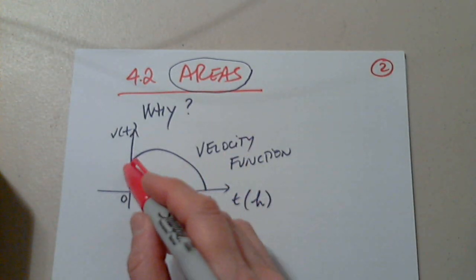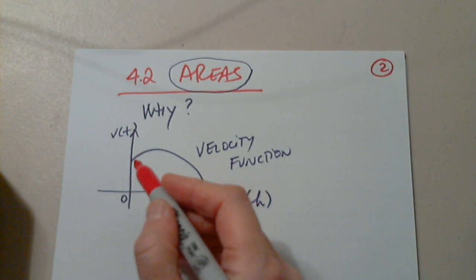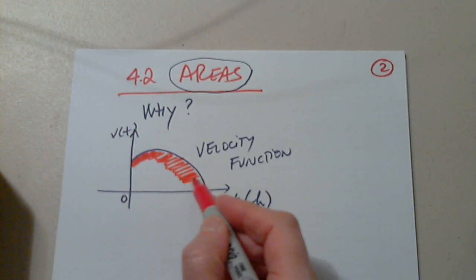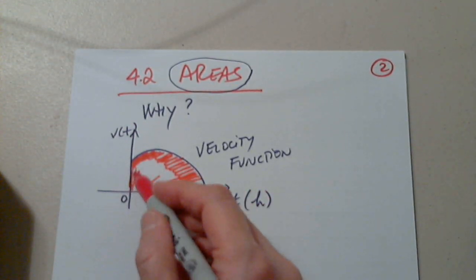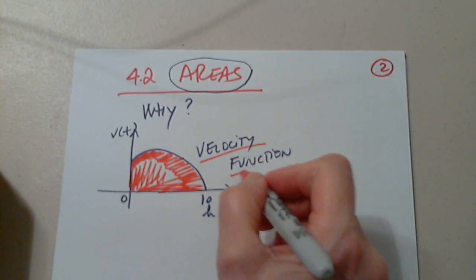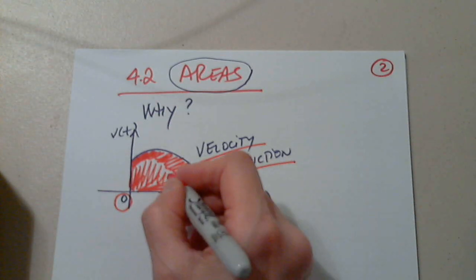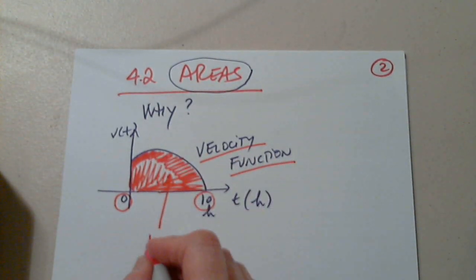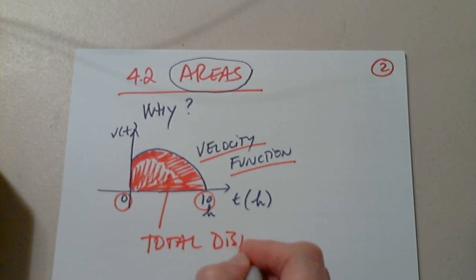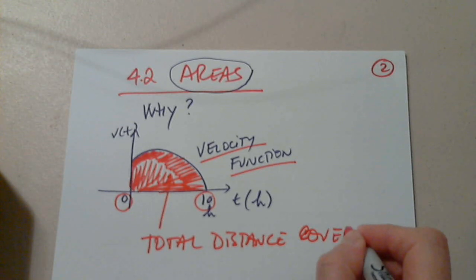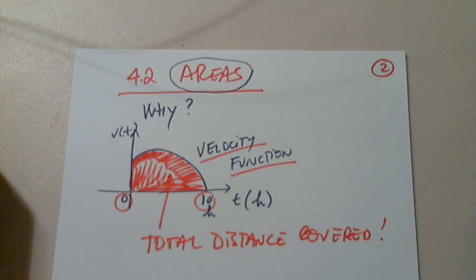I graph the velocity function, and now if I determine this area somehow under the graph of the velocity function between time t equals 0 and time equals 10, this area represents the total distance covered